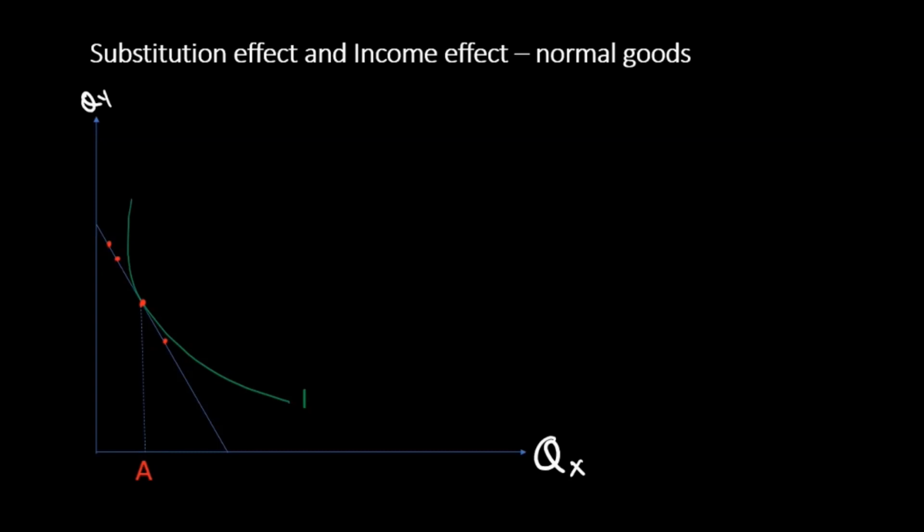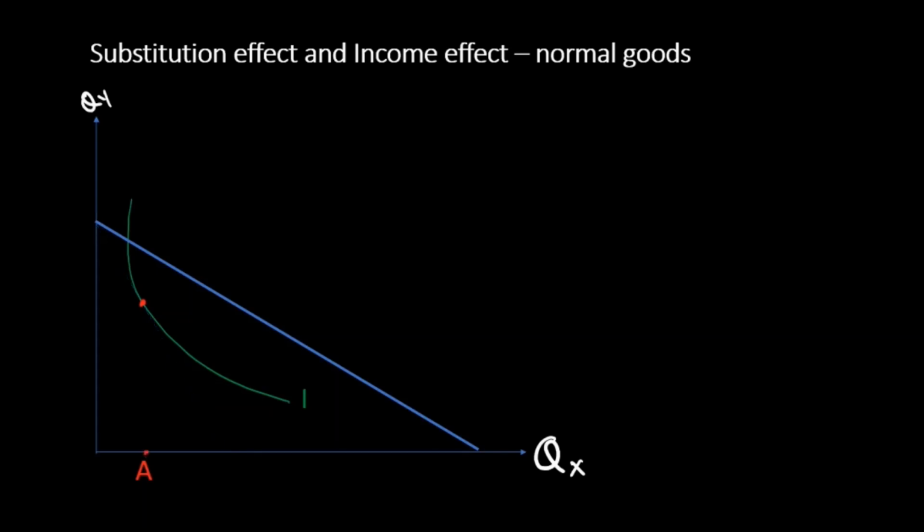Now suppose the price of good X decreases. When the price of good X decreases, I have more real income at my disposal. I have more money to spend. So what should I do? Because good X is a normal good, I tend to buy more of good X. So my budget line will shift, and now I have a new budget line with the same quantity of good Y, but you can see that my quantity for good X has increased.